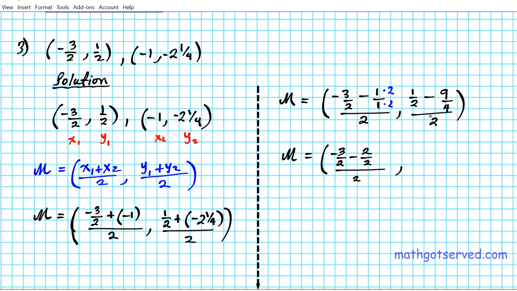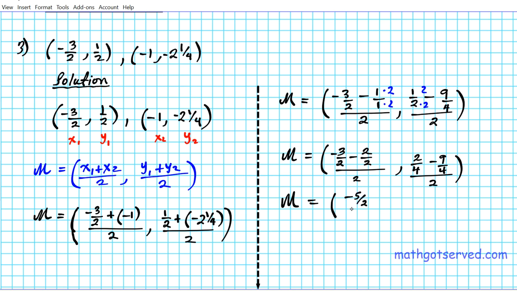comma, and then over here, 2 and 4, what's the LCD of 2 and 4? The LCD of 2 and 4 is 4, so multiply these two top and bottom. And this becomes 2/4 minus 9/4 divided by 2. Alrighty. Now we can combine the fractions because the denominators are the same. So the midpoint is going to be, for the first one, the signs are the same, so you add and keep the sign,